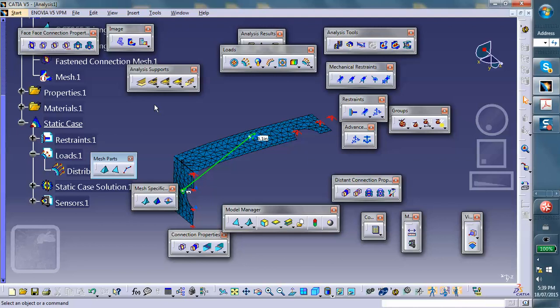Also remember that we could have done this problem as an assembly. So basically, we have two parts. Although I did it all in a single part, I could have created the top face as a part, the bottom face as a part, assembled them together, and done it as an assembly, which you have already done, except that you haven't done shells, but it's exactly the same concept. I suggest that you try it. And then you have to create a connection between those two edges or those two faces and make it a fastened connection. So it's nothing different from what